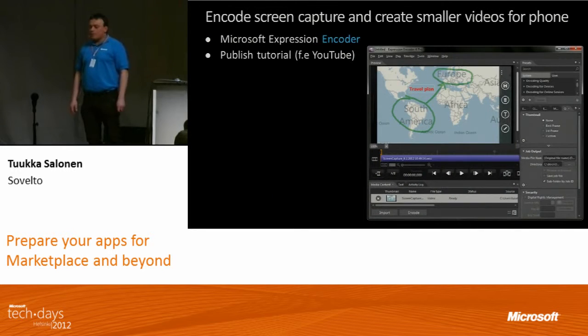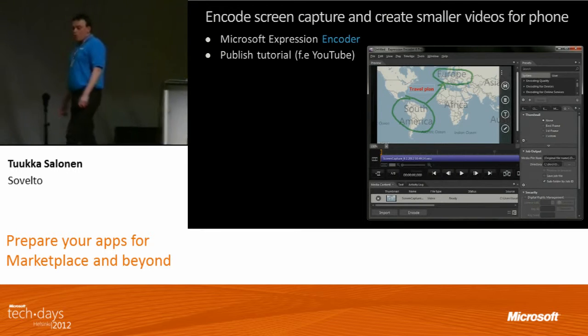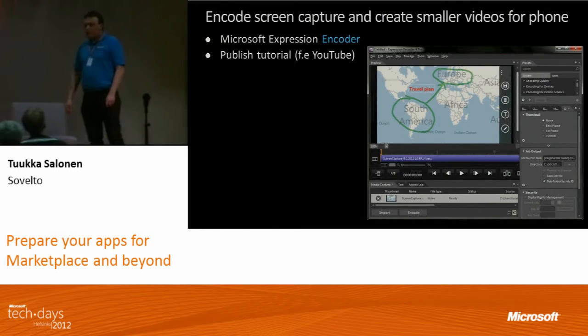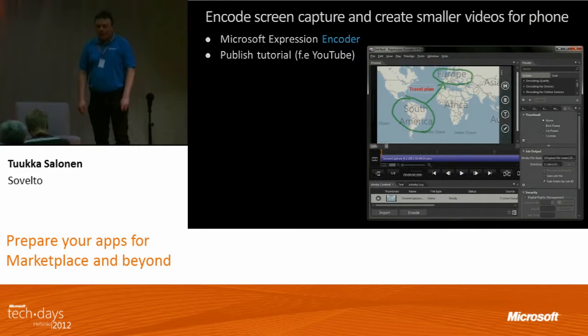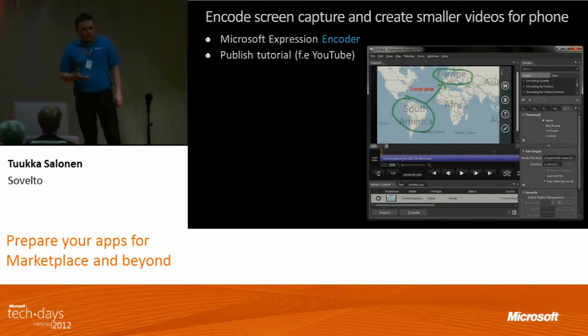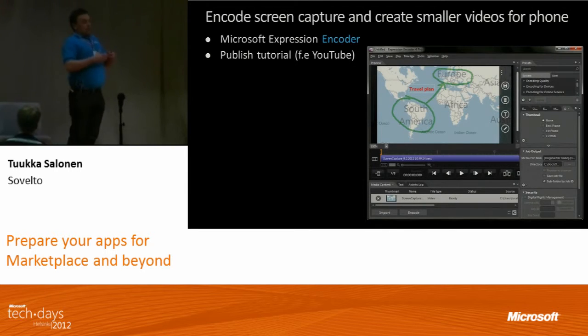one more product. Expression Encoder. I used Expression Encoder to encode that to a format which I could upload to YouTube. But there are other reasons why we would also like to do this. We are in a mobile environment, and there are certain limitations. I mean, the screen size, it's small. So there's no point in putting a large high-definition video on your phone. With this encoder, you can encode it to smaller,